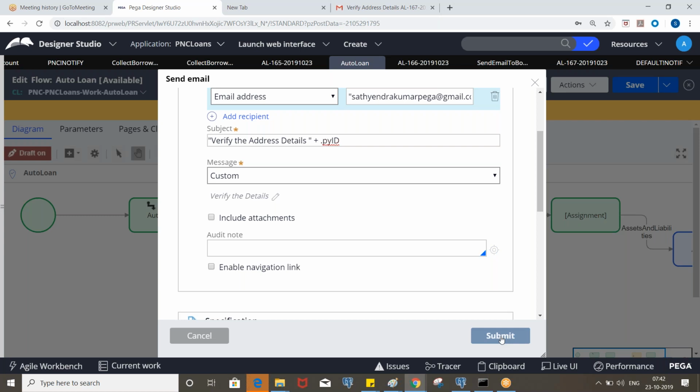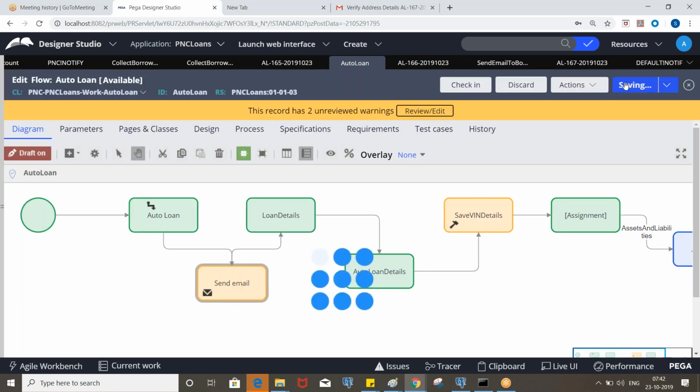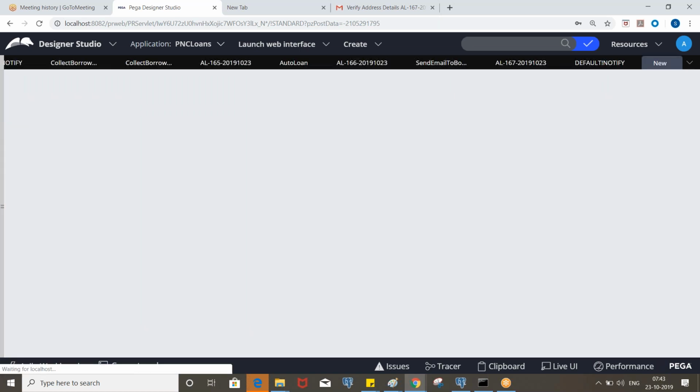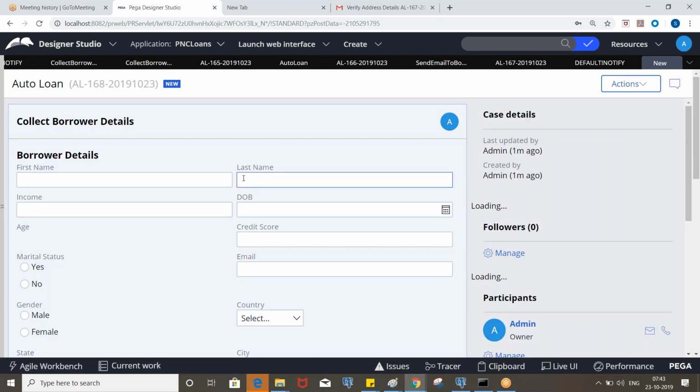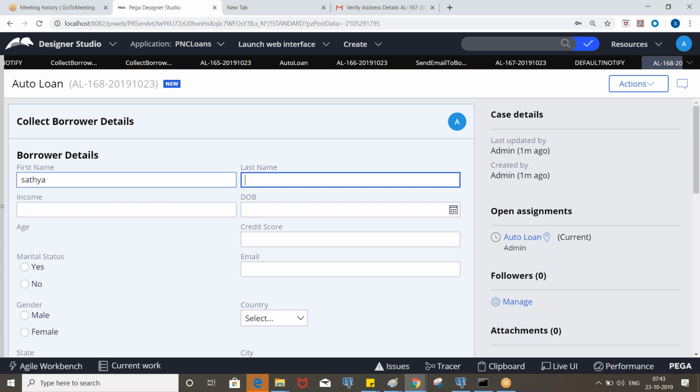Okay, so now let's test this. So it will send two emails, right? One is from the activity and another is from the email shape.